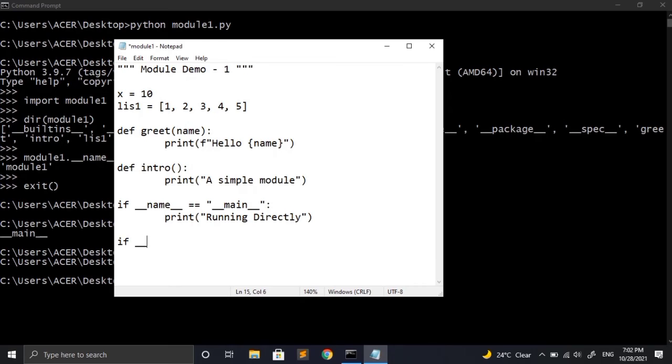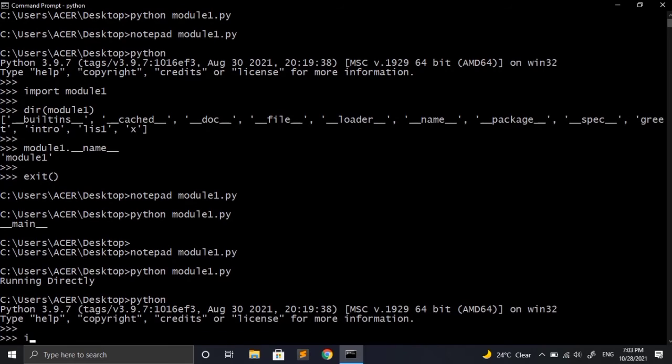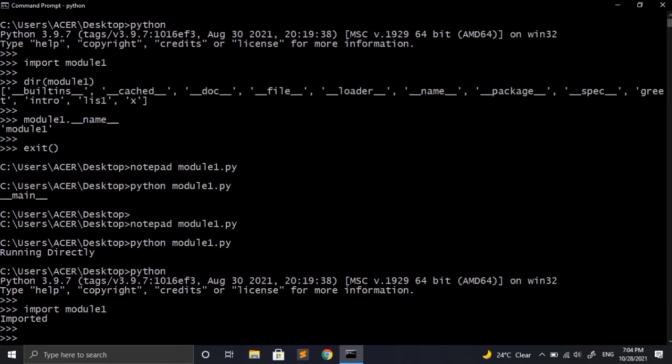After this I will be adding another condition which will check if the __name__ variable has the same name as the module or not. If the __name__ variable has the same value as the module name, then it is imported. Now let's close this, and if I run it directly, it will show running directly. But if I start the Python REPL and import module1, it will automatically show that it is imported. Now to exit from the REPL, we have to call the exit function.